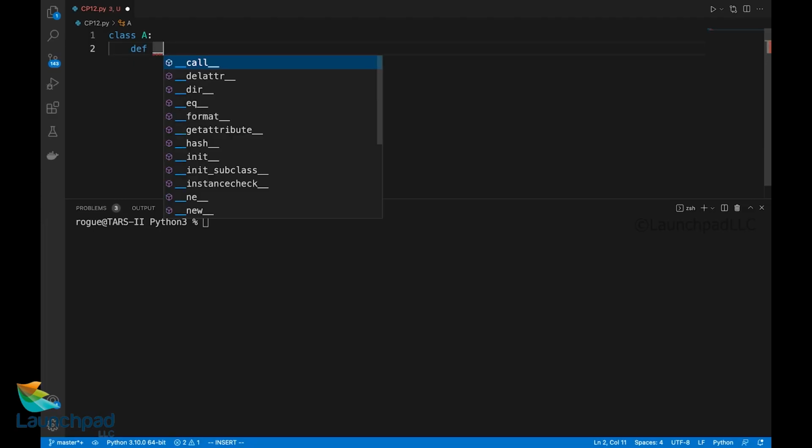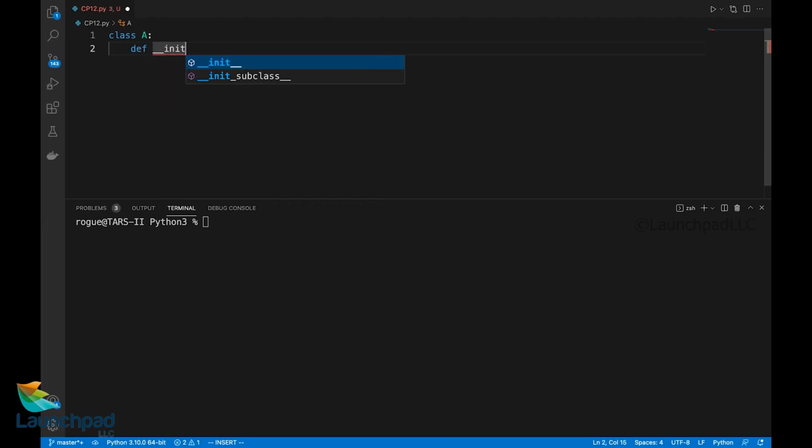Here we use a keyword called init, which stands for initialization, and we are supposed to mandatorily have the first argument of any of the member functions be the keyword self. Having this self keyword inside a function makes it a member function of class A.